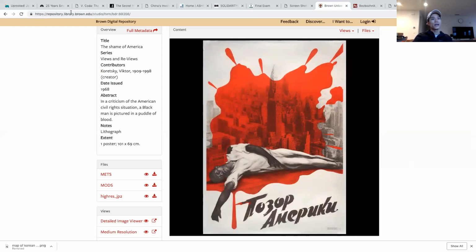So what you see here is a painting. It's called The Shame of America, okay? And here you have an African American laying in a puddle of blood, and you've got New York in the backdrop, okay? So that is to let you know that America is worried about its public image, right? Especially on the global stage, and nobody's holding them accountable for their promises more than the Soviets themselves, and also African